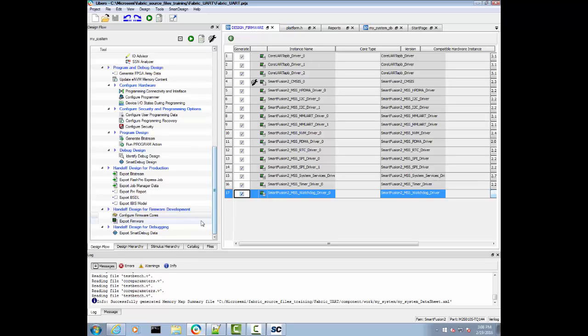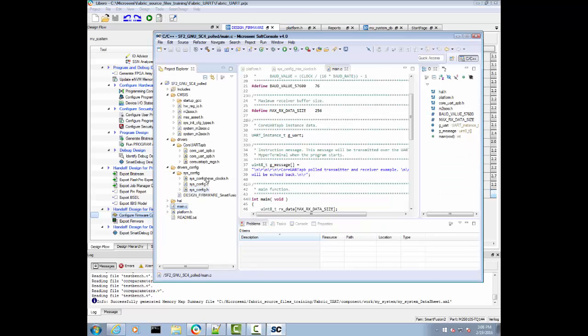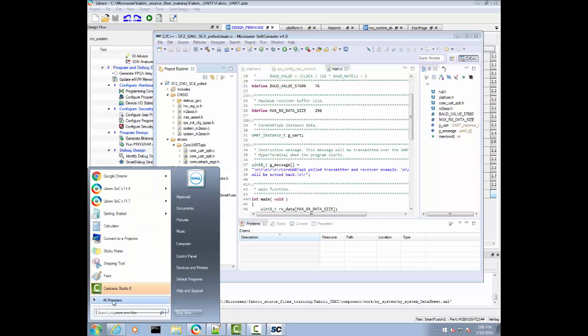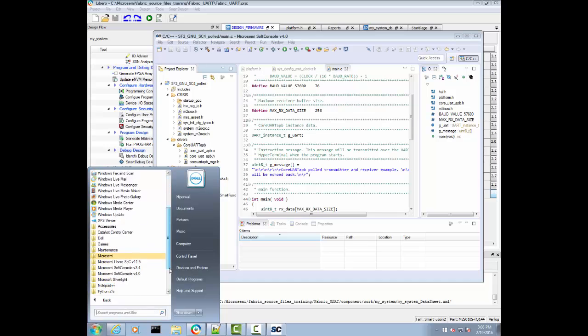Because they did take that on 11.7, all I can do is the sample project here. What I need to do if I want to generate the drivers, if I wanted more drivers to put in here for other peripherals, is I would have to use the firmware catalog. You can launch the firmware catalog from the start menu,